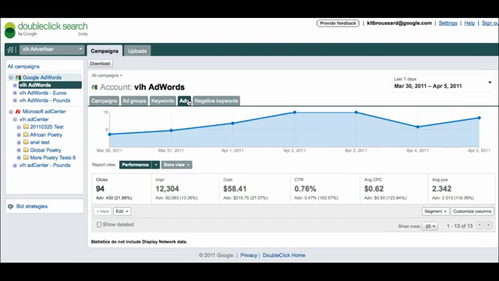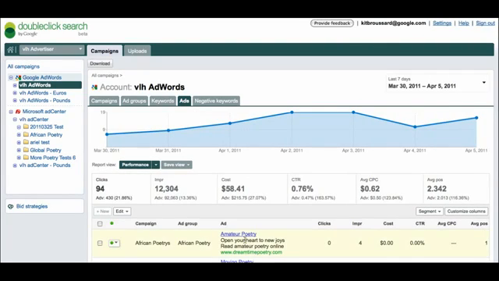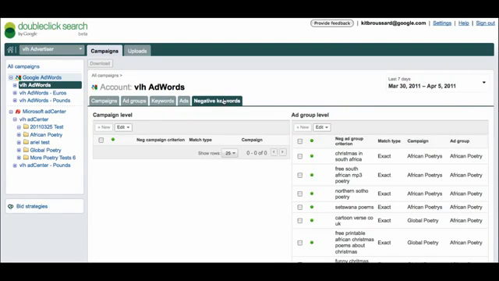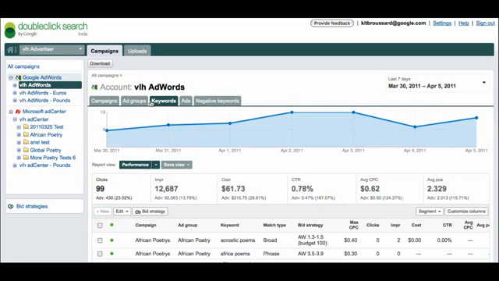Here are my ads. So here's the ads tab. I can quickly edit any of these ads, send them out to the engines, and of course we support negative keywords as well, both at the ad group and at the campaign level. Okay, so that's kind of the quick tour of the main UI. So we talked about workflow. It's very easy to create things, reporting, get the stats, and now I want to talk a little bit about